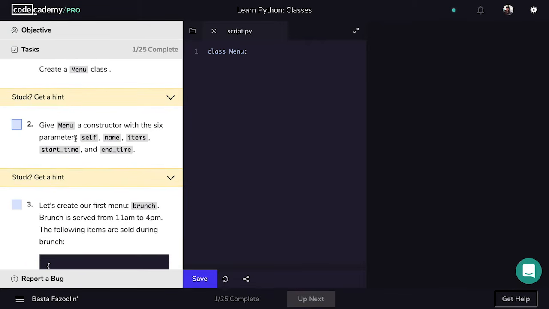Very simple. Step number 2 says that we should give menu a constructor with 6 parameters. So we have self, name, items, start time, and end time. These are all the attributes that we want to keep track of about a specific menu. So down here, we'll create our constructor, and we can do that just by saying def __init__ with these funky little underscores, and then we're going to pass in all of these. So we have all of our parameters, and now what we want to do is assign them. So I'm just going to say self.name is equal to name,